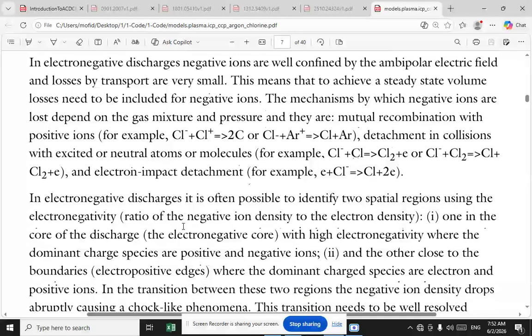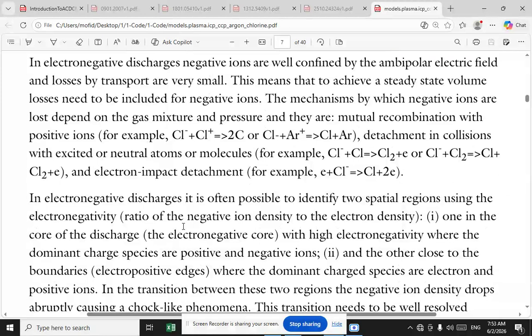In electronegative discharges, negative ions are well confined by the bipolar electric field and losses by transport are very small. This means that to achieve a steady-state, volume losses need to be included for negative ions. The mechanisms by which negative ions are lost depend on the gas mixture and pressure, and they are mutual combination with positive ions, for example Cl- and Cl+, which gives 2 Cl, or Cl- plus Ar+, which gives Cl and Ar; detachment in collisions with excited or neutral atoms or molecules,